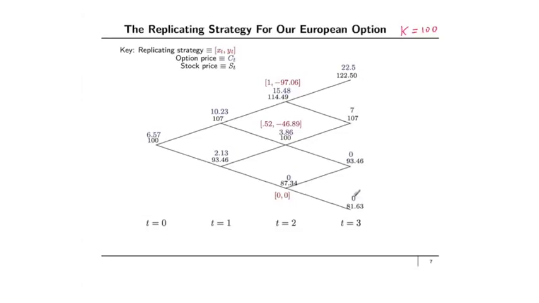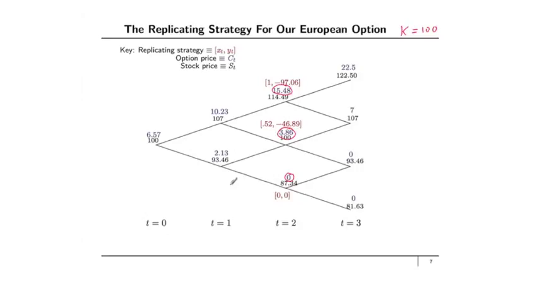22.57, 0, 0. And the way we priced this option originally was we computed its price at time t equals 2 by looking at each of the one-period models at time t equals 2. So this is one one-period model, this is another one-period model, and this up here is another one-period model. And we used our one-period knowledge, in particular the one-period risk-neutral probabilities, to compute the prices of the option at these points. Okay, and then given these prices at time t equals 2, we work backwards to t equals 1